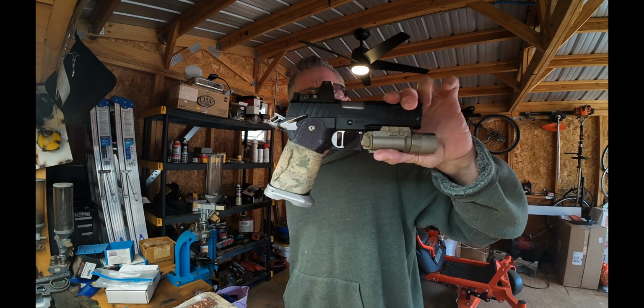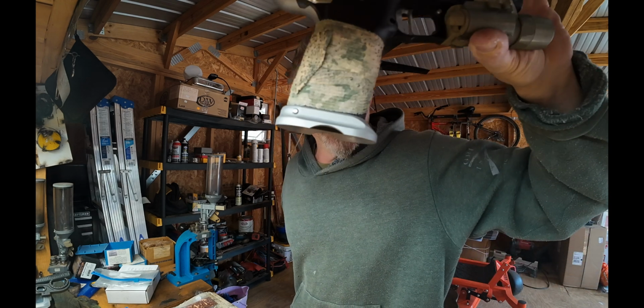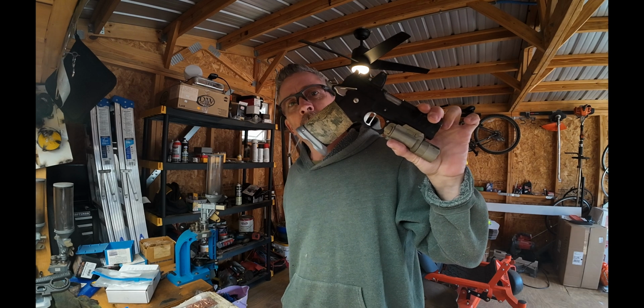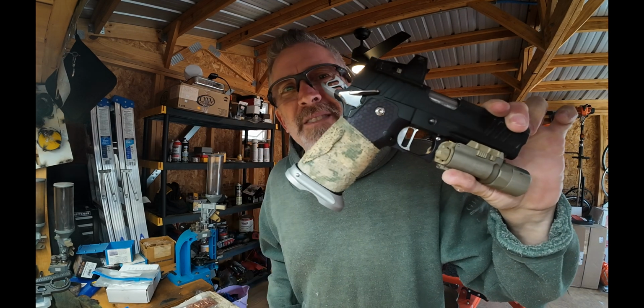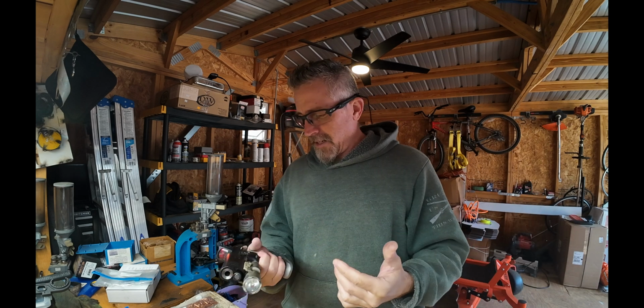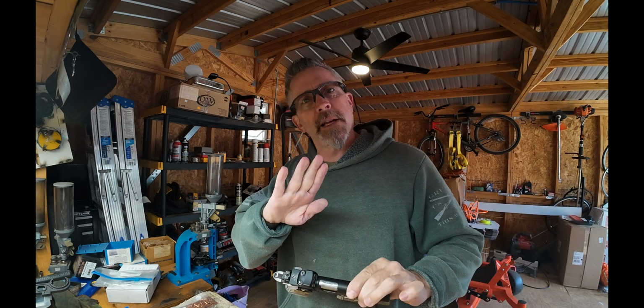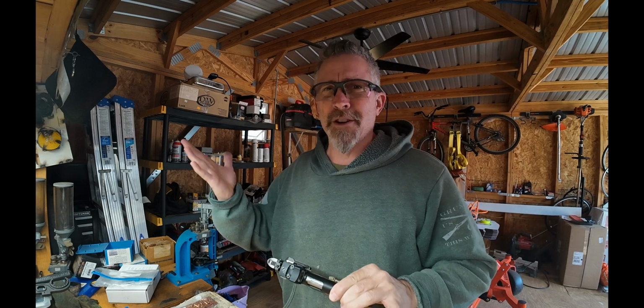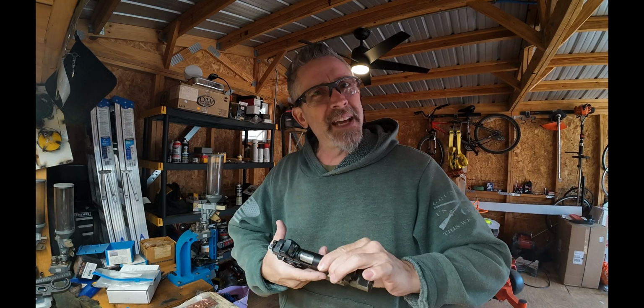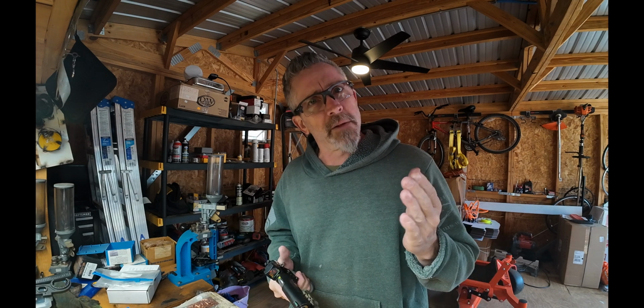So you see I did some other changes too. I added the magwell from Cheely. And yeah, I added the Ranger tape back on, because, like I said, man, it's a little bit aggressive. Maybe a little bit too aggressive. All right, lesson learned. I'm always like, go big or go home, but I kind of like the way it looks better with the aggressive, but man, if you dry fire a lot, which I do throughout the week,